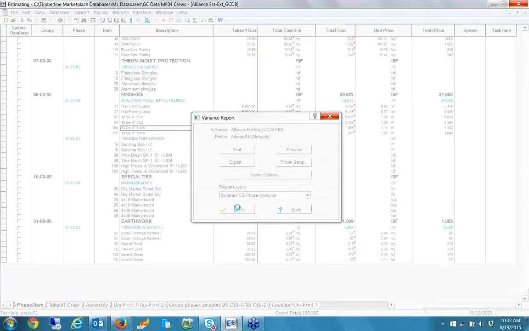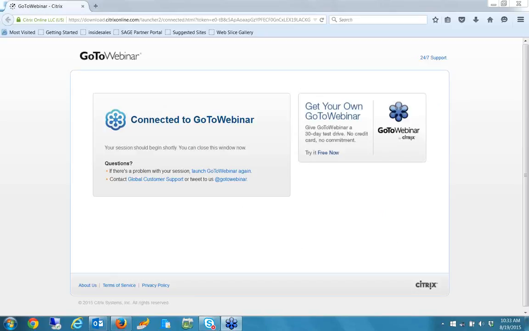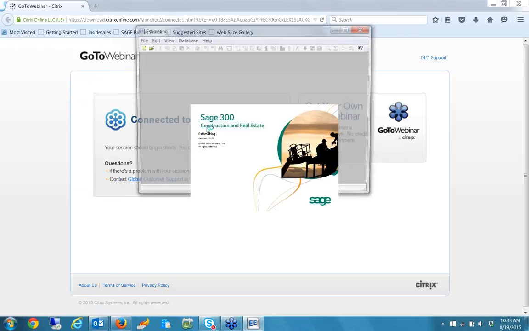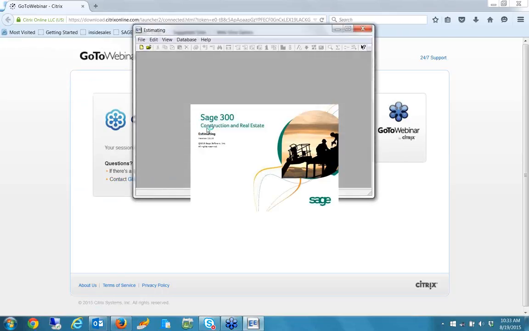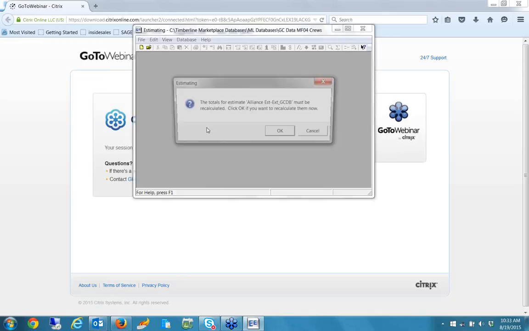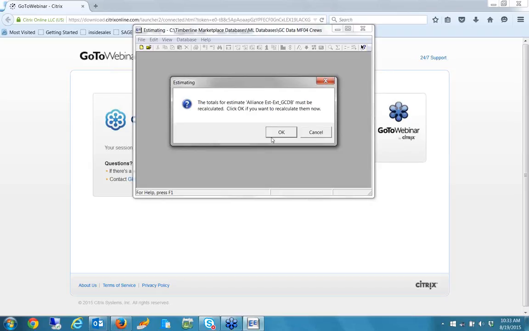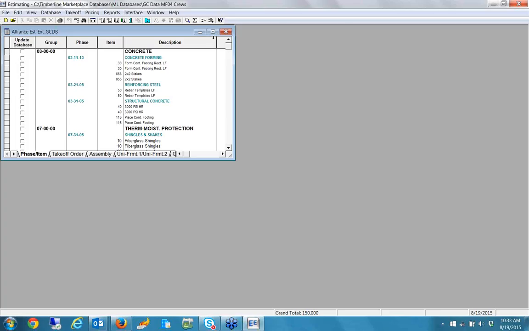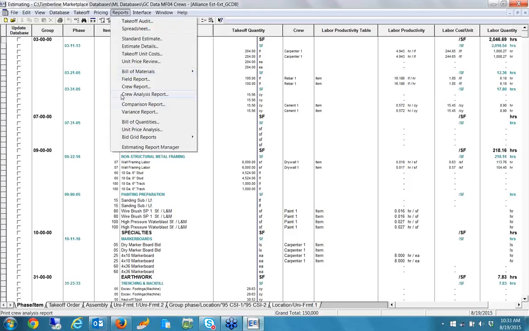That's not what I wanted to do. Bear with me. Hold on. Well, what it'll do is it'll compare two estimates side by side and show you a variance. And when it shows you the variance, you'll have the ability to see the delta at the high level as well as at the summary level. So if I open this up here again, run the report,